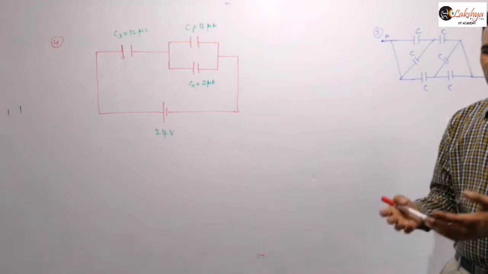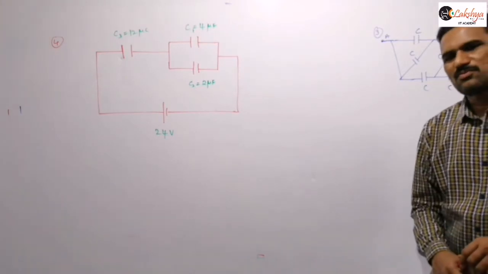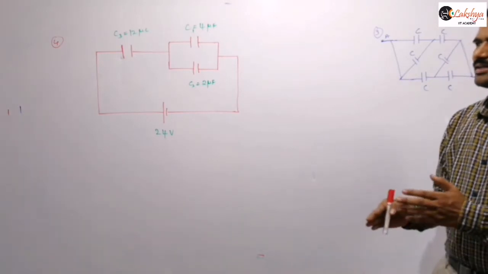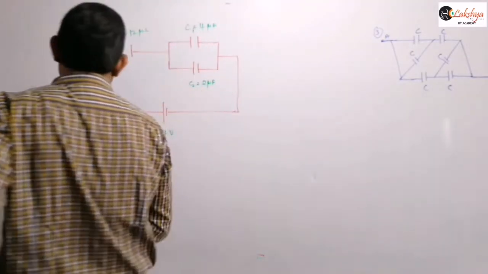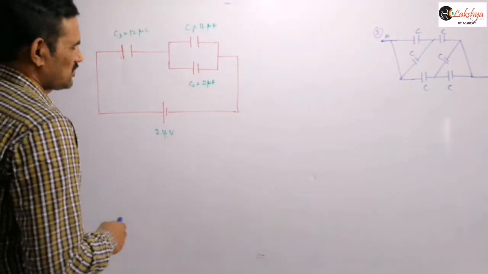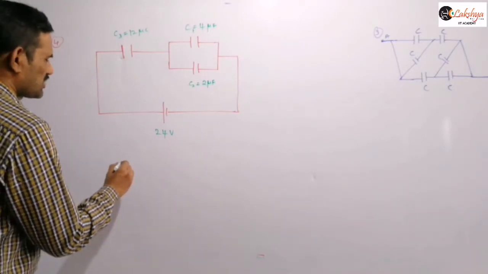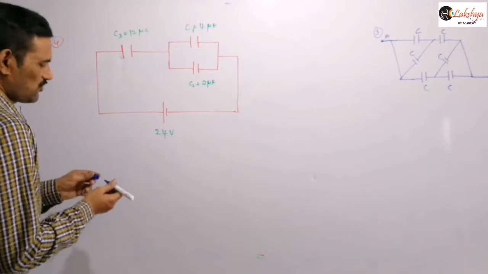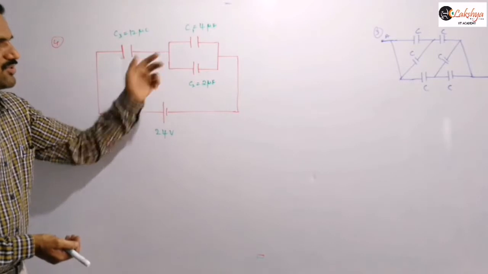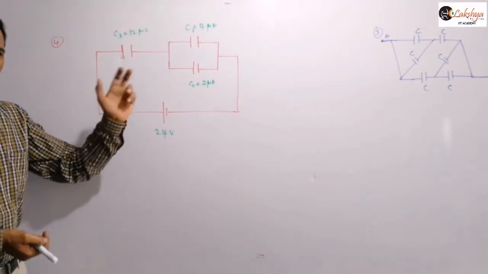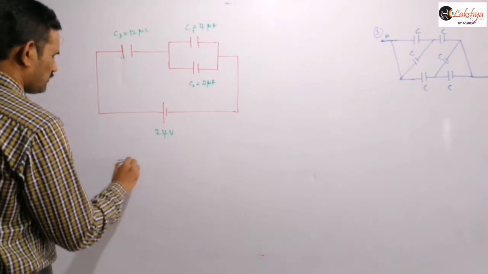So to find the charge on each capacitor, you may calculate the potential difference across each capacitor, or you can calculate the charge on individual capacitors. To calculate the charge, we need the potential difference here. So let us calculate the potential difference across each capacitor now. So I am redrawing the circuit here. Now we can identify clearly C1 and C2 are in parallel, right? When C1 and C2 are in parallel, you can find the effective capacitance of them. And so I am redrawing the circuit here.